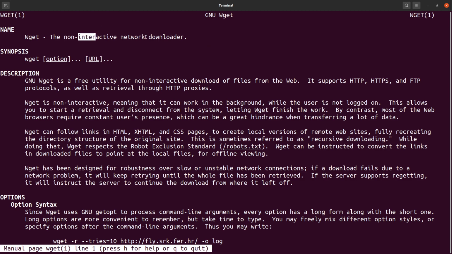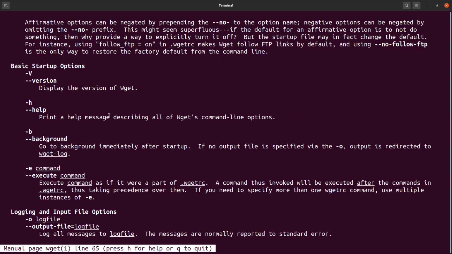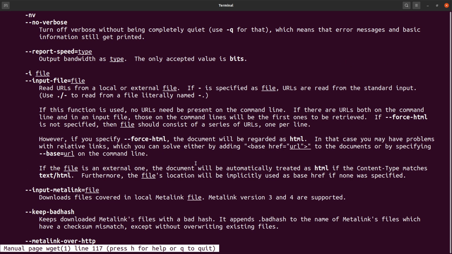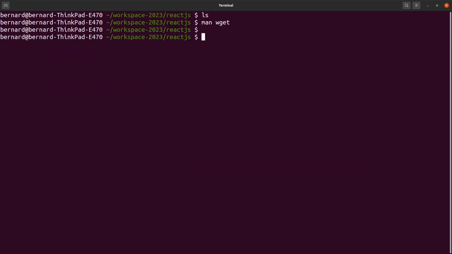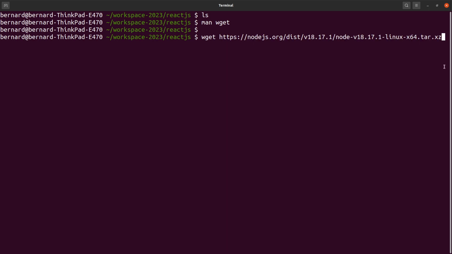It is the non-interactive network downloader, and this is GNU wget, a free utility for non-interactive download, basically at the command line. So you can look at how to use wget. A lot of other options are available, and you can look at how you can use this wget command. But for now, we simply need to run wget and pass the URL from the link that we copied. So this is the link which basically downloads this entire Node.js